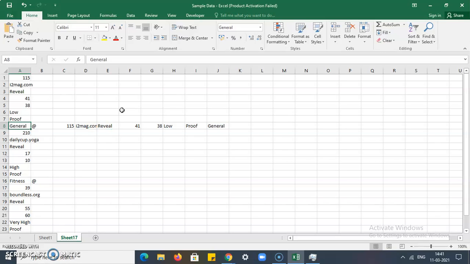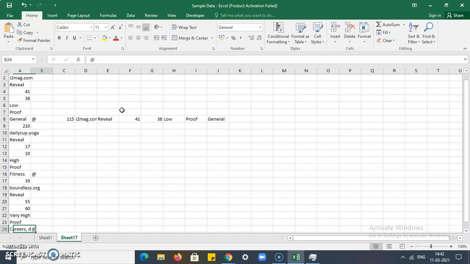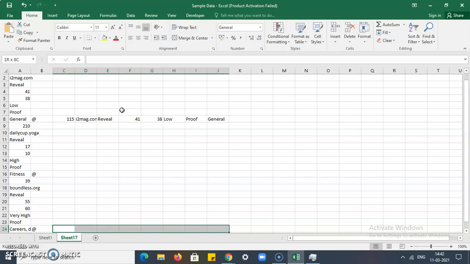To get all the rows, you have to go to the down side of the column where you have pasted your data. To go down, press Ctrl down arrow, and after the @ sign, you have to select those 8 columns. To select those 8 columns, press Shift tab and press right arrow. So I have selected these 8 columns with the help of Shift tab.